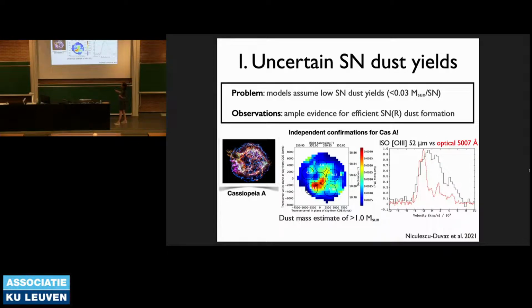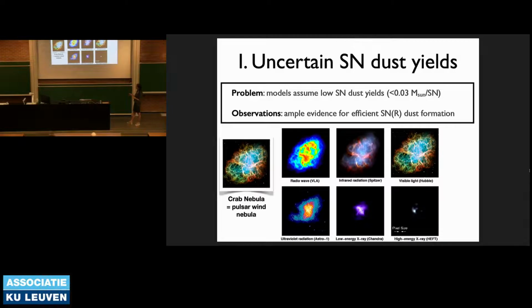These observations were done with ISO, and you can see the ISO beams here. If you look carefully, I don't know if you can read it, it also has the numbers of the dust mass that you expect to be present. The image in the background is the supernova dust mass map that we inferred from Herschel. You can clearly tell the peak here is around 0.31, 0.23 here, and all the dust masses here are lower. So from a completely independent method, we get a similar result in terms of dust mass, but also in terms of the spatially resolved dust distribution in the supernova remnant, which is great.